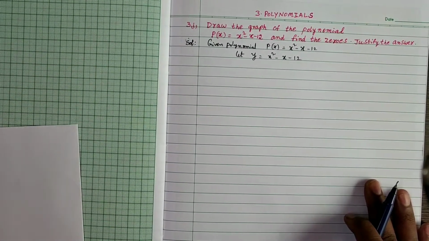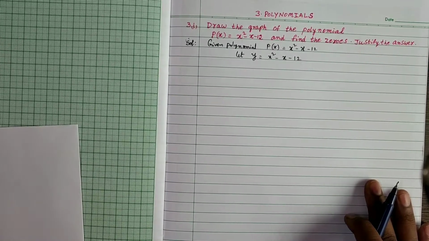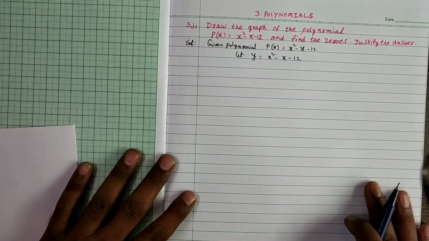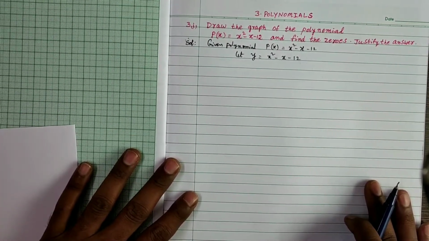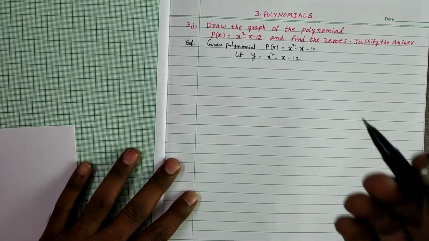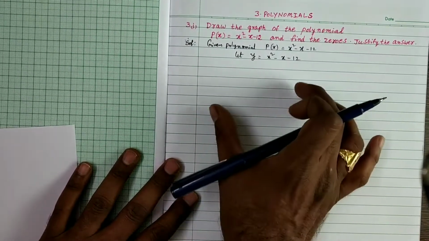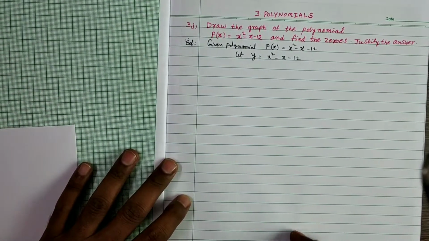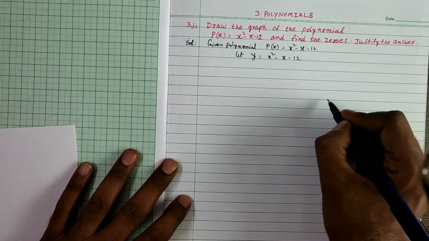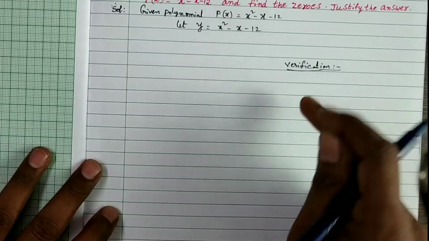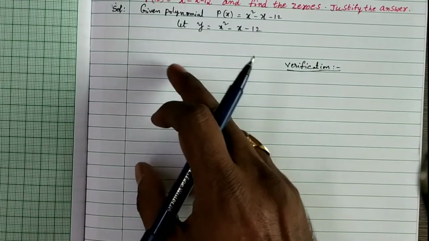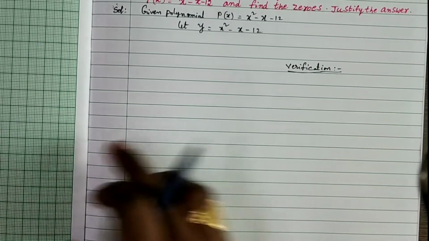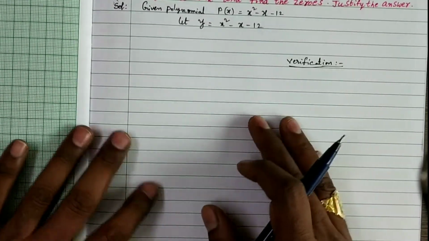So, in 2 ways, either factorization method or quadratic formula, we can find the zeros. Here find by factorization method. To take the ordered pairs, leave some space here, and on the side do rough work verification. By using these zeros only, it is better to take the ordered pairs, then only we will get a neat diagram of the given quadratic polynomial.